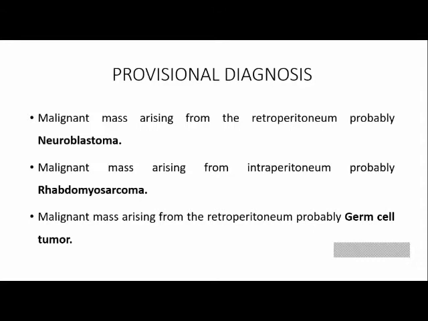Germ cell tumor. You don't want to even consider any other diagnosis or other possibilities? Sir, since the mass is not continuous with the liver, hepatoblastoma is ruled out, sir. And since the mass is crossing the midline, it may be unlikely. I understand it is unlikely to be a hepatoblastoma, but is it possible that you can have some exophytic mass from the inferior surface of the liver and abutting here?